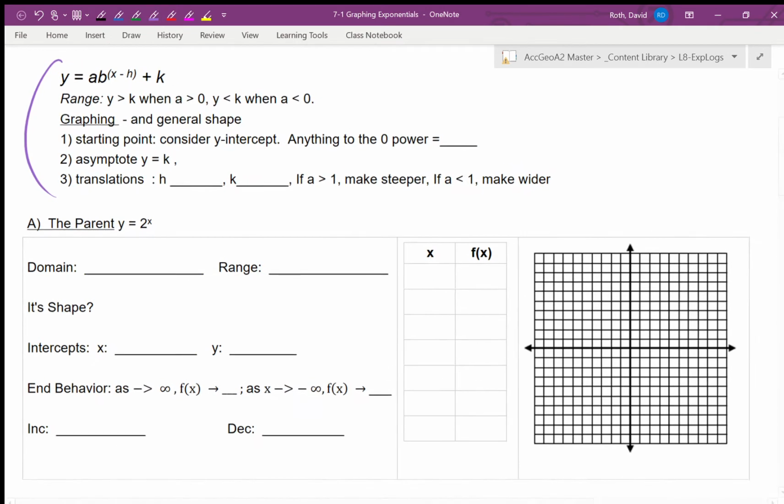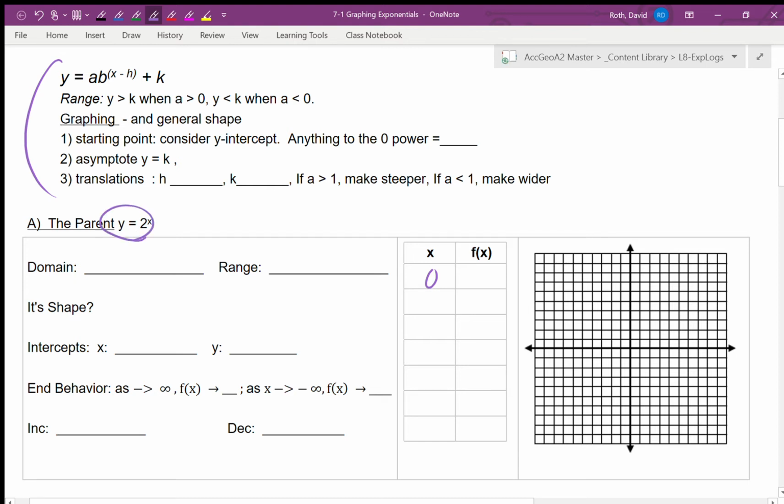So, well, what's a nice value for x? Let's always try 0. And when we try this, we know if we've got this parent function here, y equals 2 to the x, I guess I should call that y then. Anything to the 0 power is 1. And I've got this nice (0, 1) point here. And then, I don't know, what other kind of values of x should I pick? 1. 2 to the 1 power is 2. And then 2 squared is 4, 2 cubed is 8, and then you can start to see it gets big much faster. 2 to the 4th is 16.